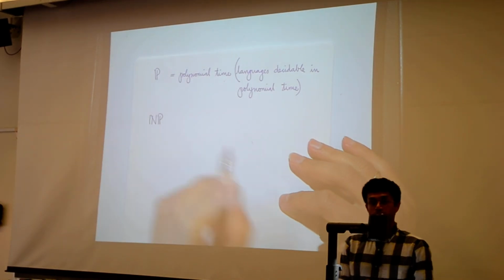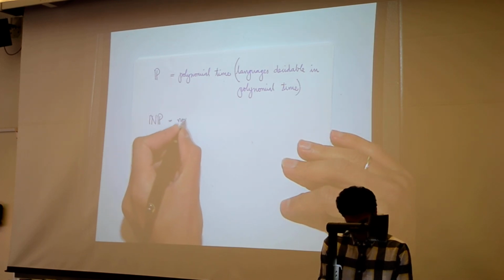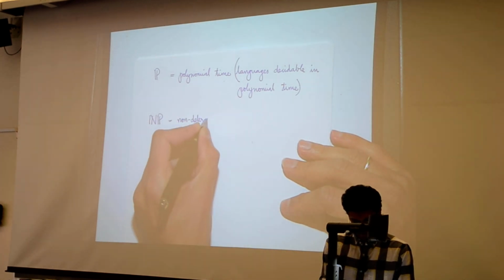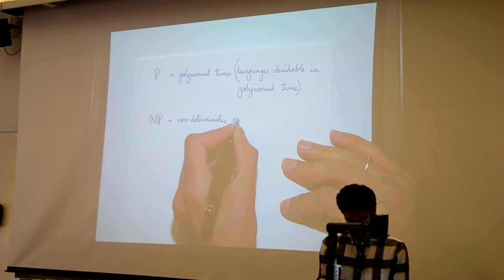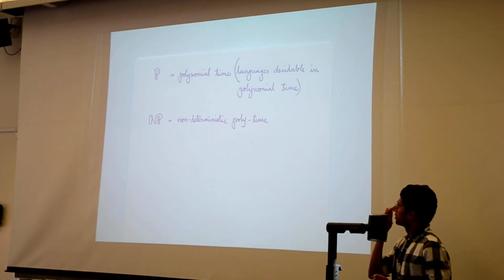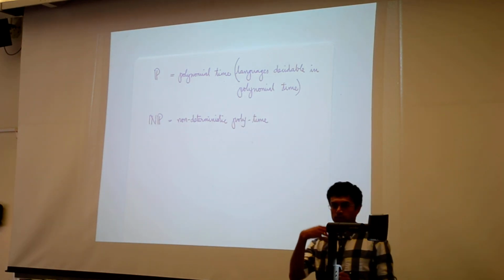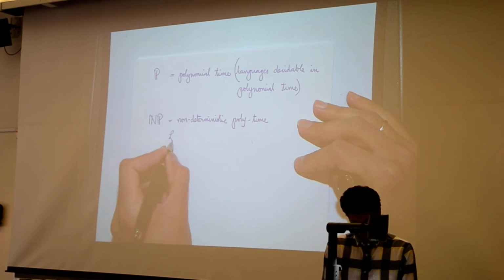So then let's talk about NP, which is non-deterministic polynomial time, which is the same thing as the sort of notion of verifiers, right? So let's have a language